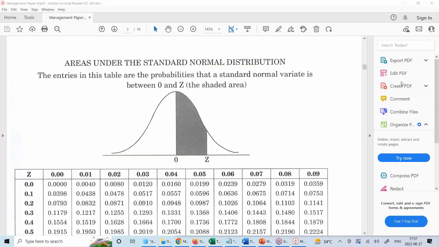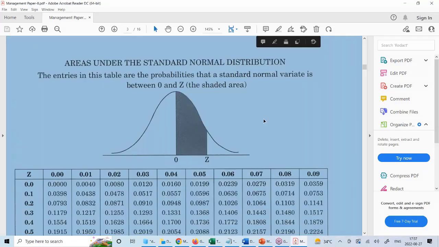कि हमारा जो ये सारा एरिया है, यहां से लेके यहां तक, ये पूरा एरिया कितना होता है? 0.5 होता है, करेक्ट। तो अगर मैं शेडेड निकाल लूंगा तो 0.5 में से शेडेड सब्ट्रैक्ट कर लूंगा और I will get my value. अब गाइज इस वाले सवाल में होता क्या है कि my Z is what? Z is my 5, ठीक है।